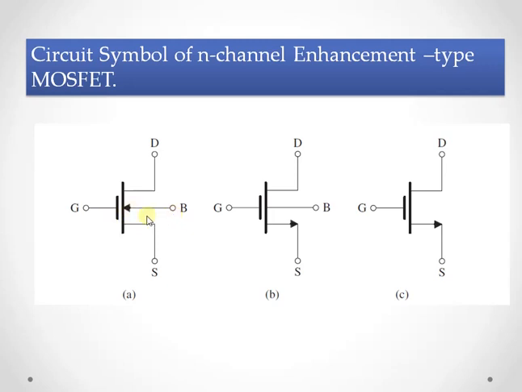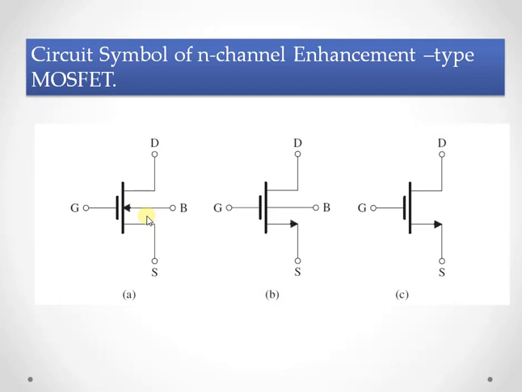The polarity of the P-type substrate, that is the body, and the N-channel is indicated by the arrowhead on the line representing the body. And this arrowhead will also indicate the polarity of the transistor, that is the N-channel device. Because MOSFET is a